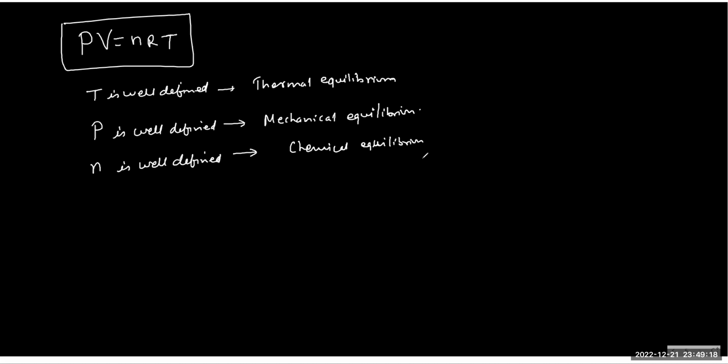So if you bring that into the context of gas, chemically there is no reaction. Therefore, every constituent of the gaseous mixture is going to be the same. Understood? And therefore, this state is called chemical equilibrium. And if a system is lucky enough to attain all the three equilibriums together, then that system is said to be